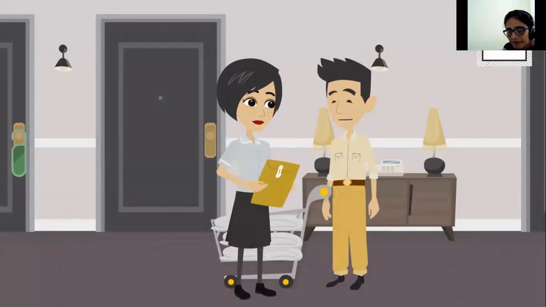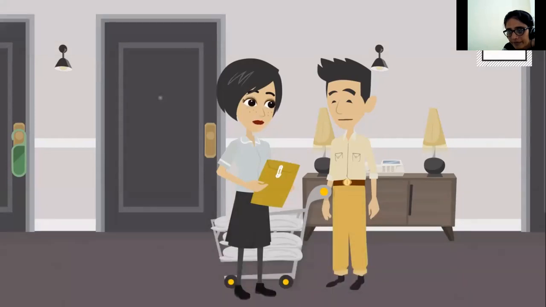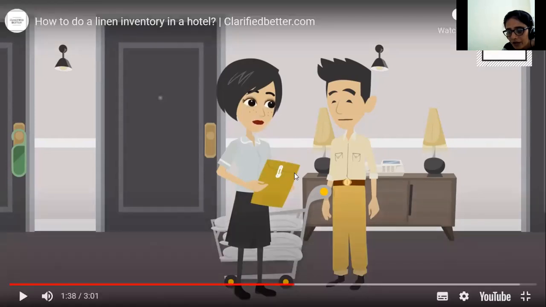What will we do now? We have to count every linen type and quantity in every room that we service. So we have to count every linen present in the room, right? If we are asking only about linen, we have to inventory the linen only, right? As we service the room, you keep writing the count of linen we have on this sheet. We have to count and write it down in the inventory sheet.